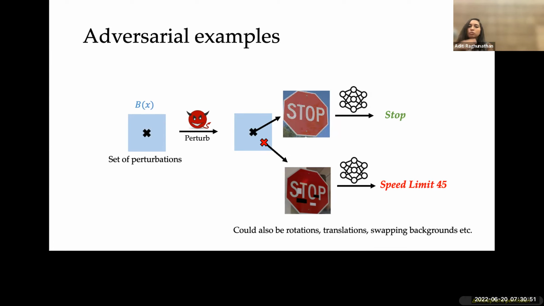So the idea in adversarial examples is we take an input and then we define a set of small variations to the input that are basically semantics preserving. So there are small changes that don't change the label. And we want to make sure that the model does well on all these perturbations. The way we measure that is by allowing an adversary to find something within the set of perturbations and see whether the model can still get it right. This is a convenient way of, rather than evaluating each perturbation, just looking at the worst case perturbation.